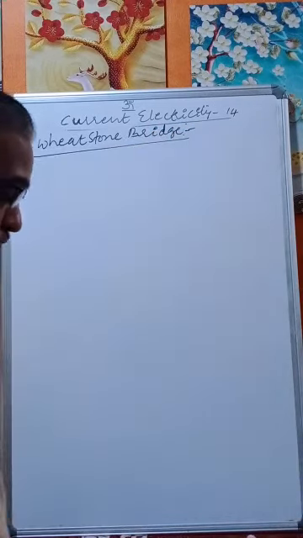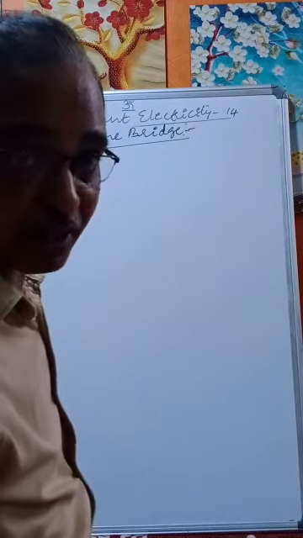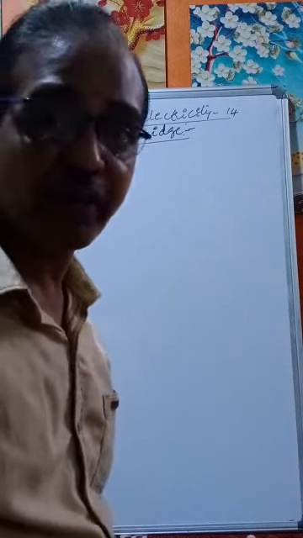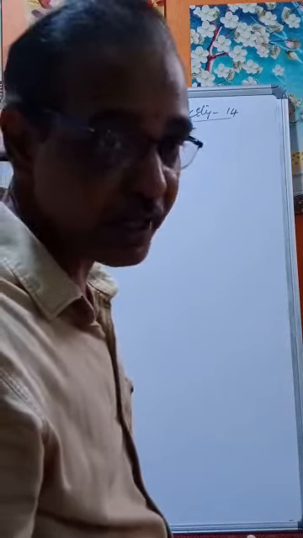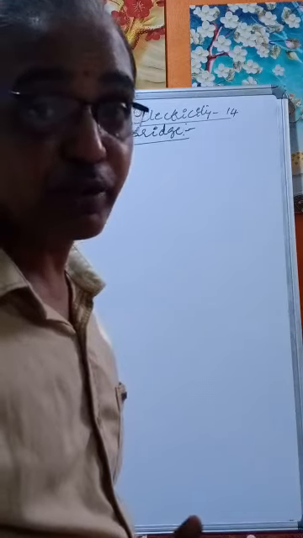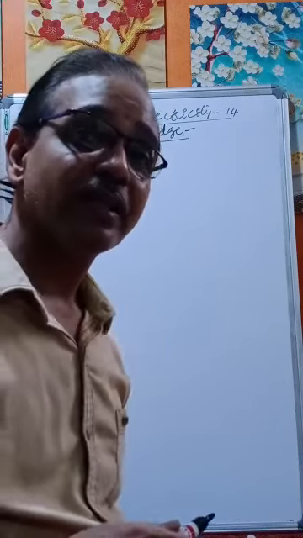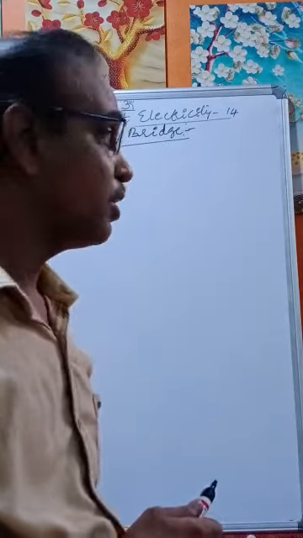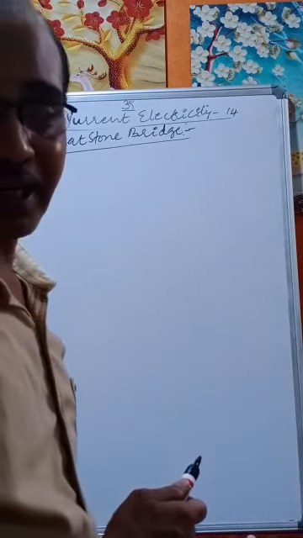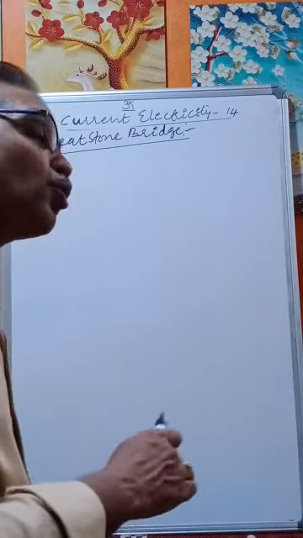Wheatstone bridge. Wheatstone bridge is a sensitive instrument used to measure unknown resistances, very small resistances, very accurately. Why are we calling it sensitive? Because we can measure small amounts of resistance also. That's why we call it a sensitive device or instrument. Therefore, the Wheatstone bridge is a sensitive instrument used to calculate an unknown resistance more accurately and also to compare the